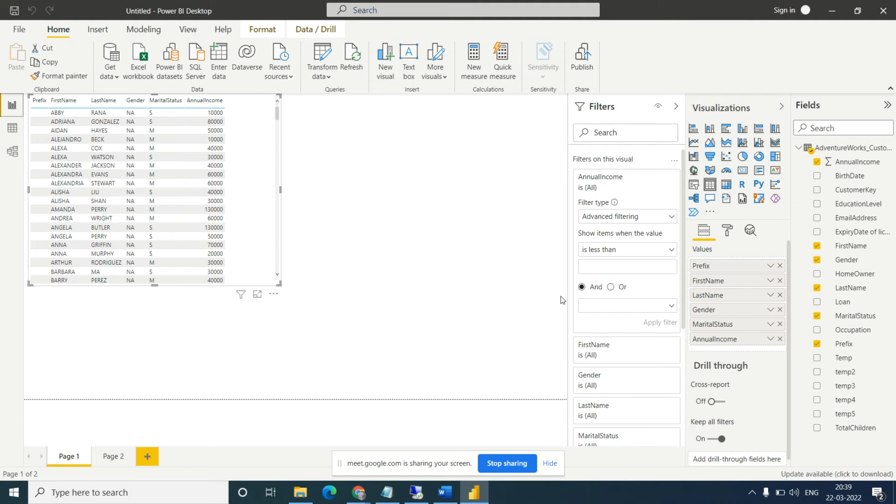Okay, now you can see in the filter, it is now a numeric field. Annual income is a numeric field. You can see in the advanced filter what options are available. Now there is no option like starts with or ends with. The options have changed. Now the options are greater than, less than, because this is a numeric field, right? So I want to find out the customers whose salary is less than 1000.